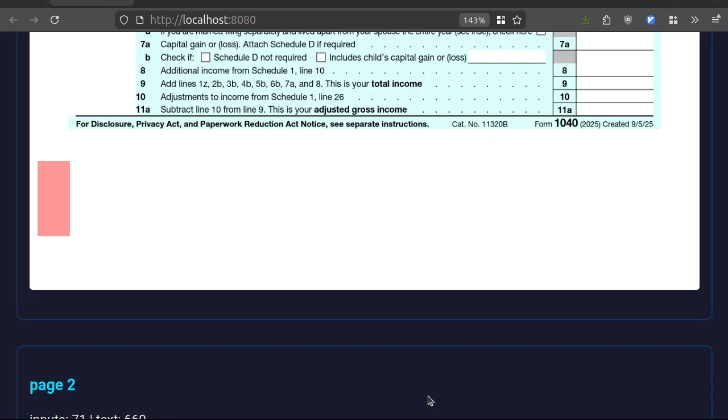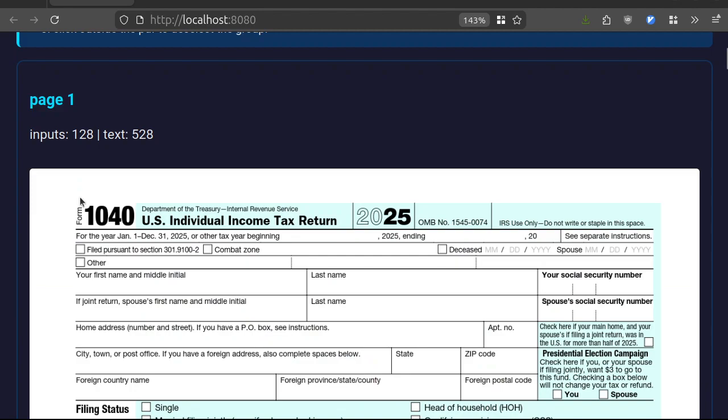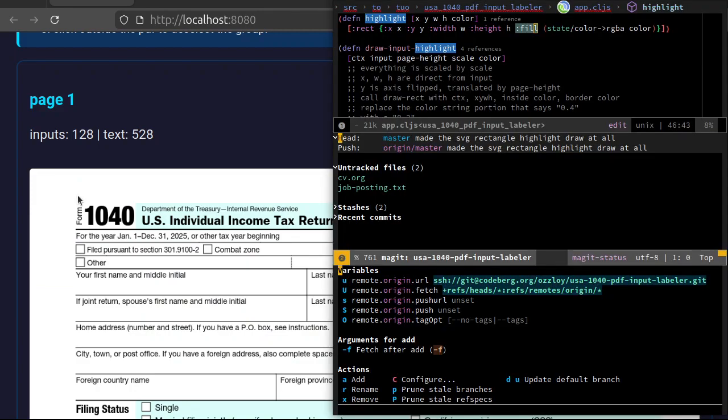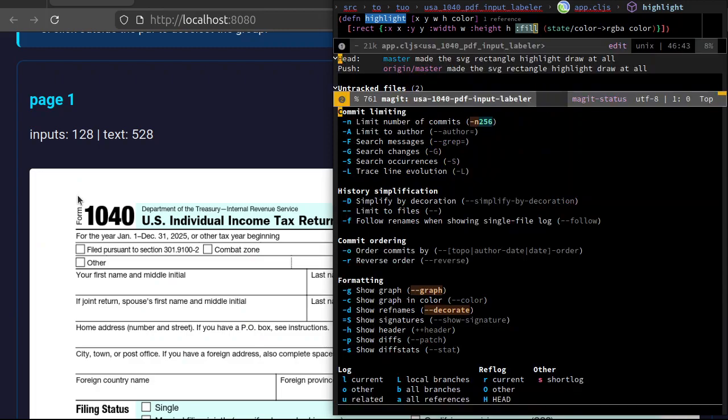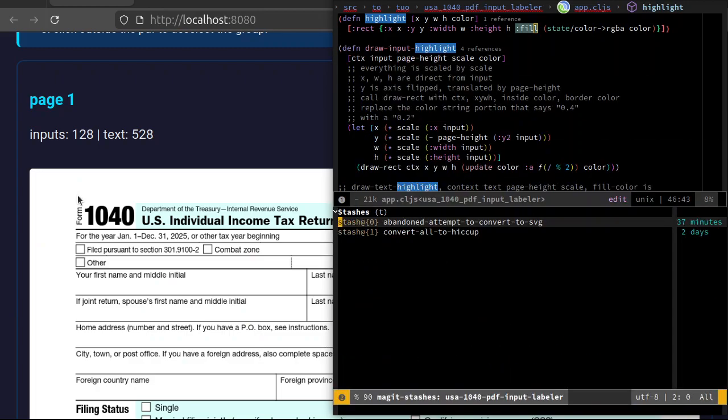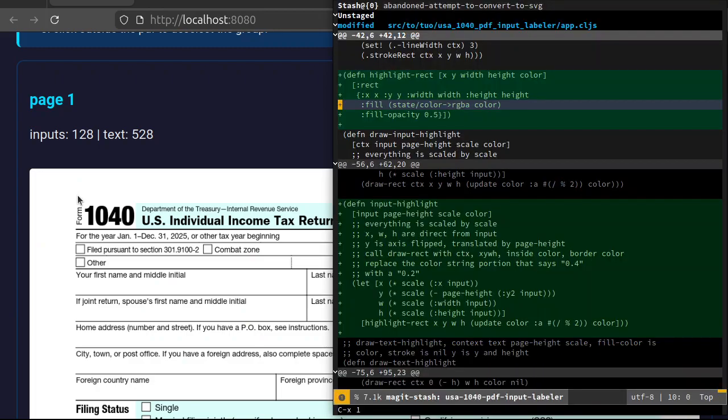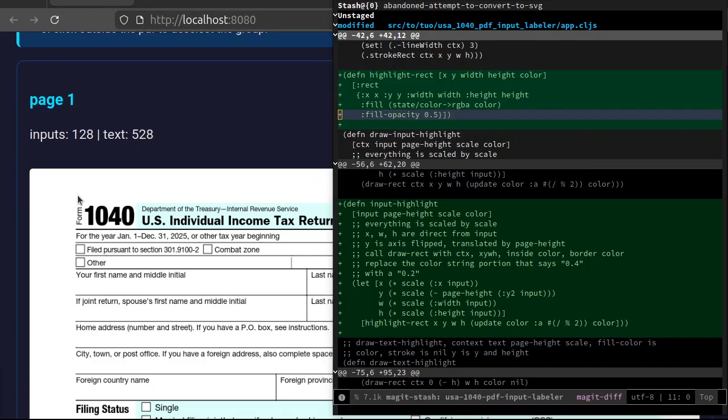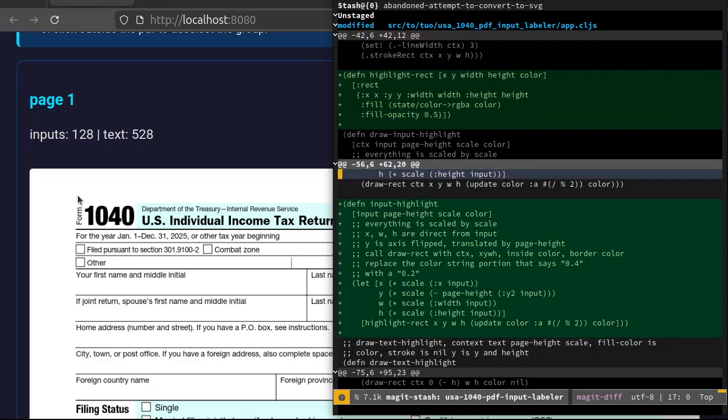Okay, so I couldn't figure out why this is not up here. So I'm going to try to figure that out now. I'll go back here and I'll go to my stash, see if I can figure out from this why that happened. Okay, so there's a fill opacity. That's cool. Input highlight, input page, blah, blah, blah,